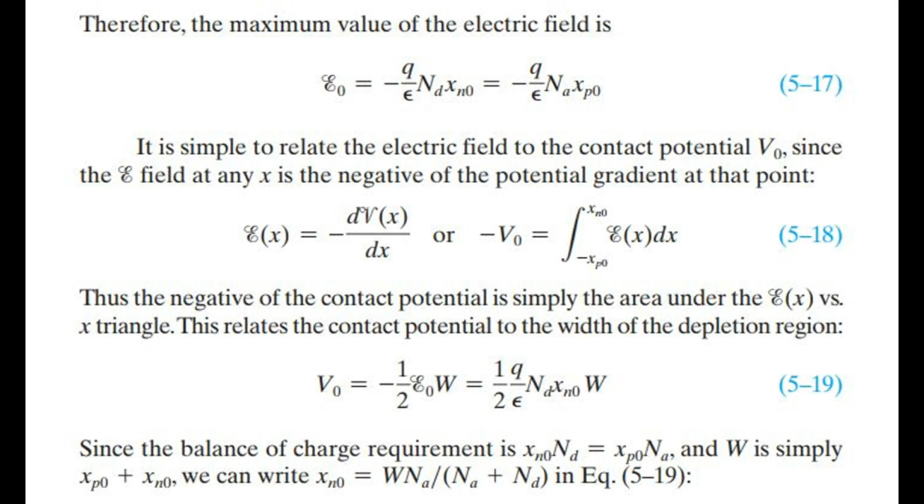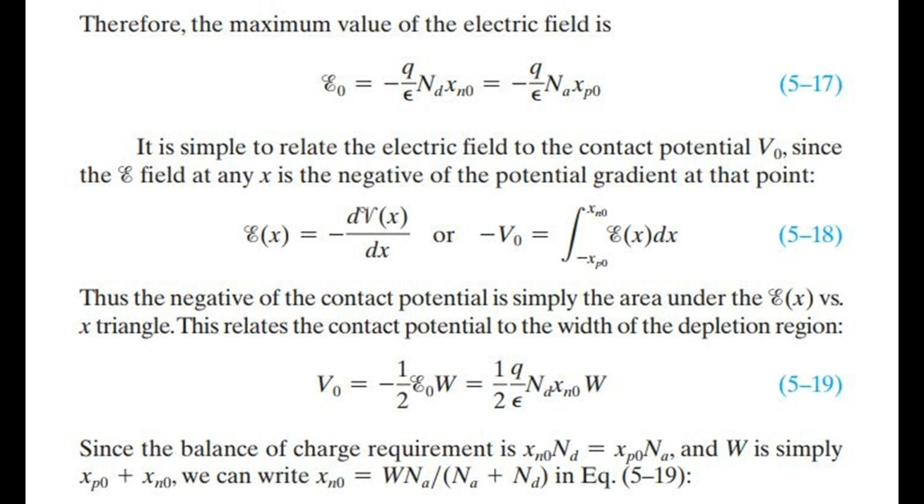It is simple to relate the electric field to the contact potential V0, since the field at any x is the negative of the potential gradient at that point. Thus the negative of the contact potential is simply the area under the ℰ versus x triangle. This relates the contact potential to the width of the depletion region. Since the balance of charge requirement is xn0 donors equal xp0 acceptors, and W is simply xp0 plus xn0, we can write